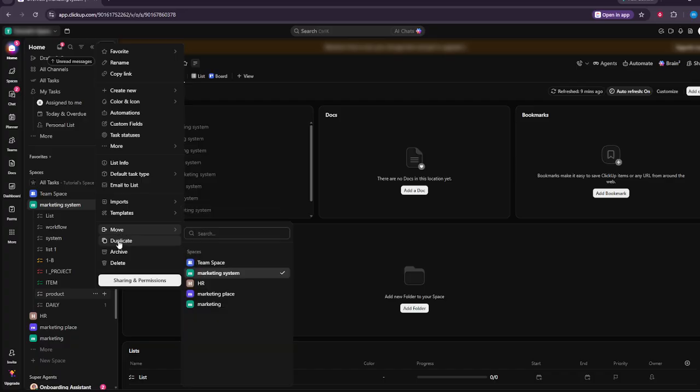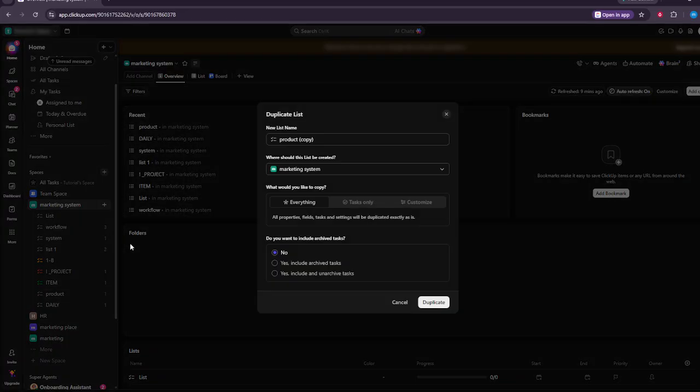From the menu, select Duplicate. This will open the duplication settings where you can customize how the copied list should be created. Next, enter a name for the copied list. Choose a name that makes it easy to identify, especially if you're creating a version for a different theme, project phase, or template use. A clear name will help you avoid confusion later when you have multiple similar lists in